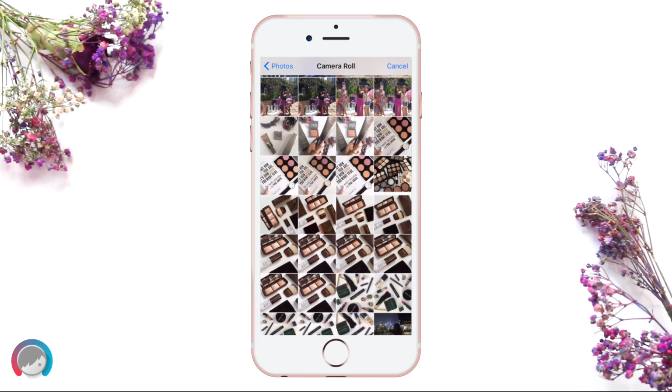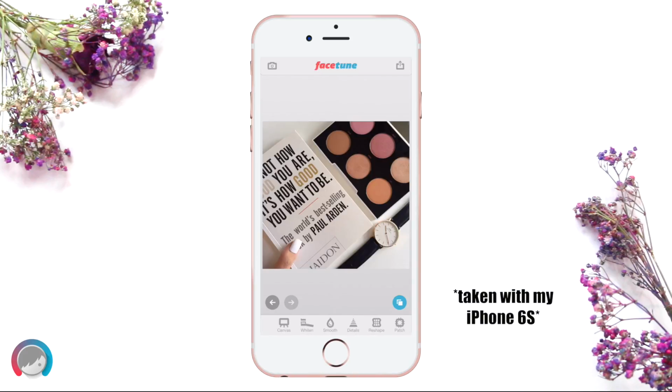So another picture type that I like to edit on Facetune are flat lays. So for instance, this photo right here. So this photo is basically an all white photo, but it isn't as white as I would have liked. So I'm just going to click on the whiten button, and this is pretty much self-explanatory. Just run it over the areas that you want more white. So this bottom area here,